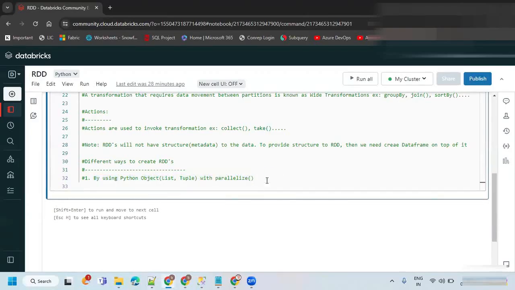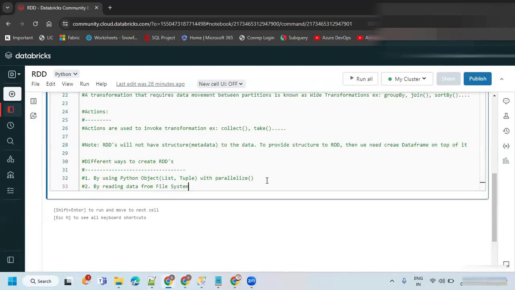The second approach is by reading data from a file system. That file system may be HDFS, or a cloud system, any file system.